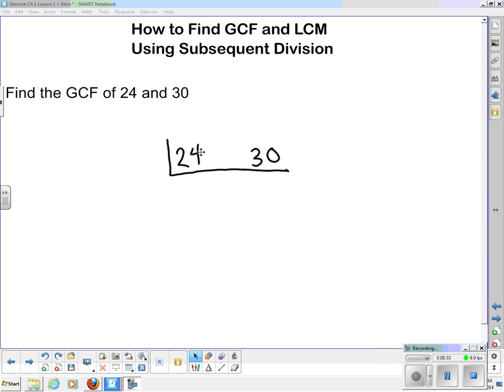Now you're going to divide 24 and 30 by the same exact factor. So 24 and 30 can both be divided by what number, guys? Okay, so we're going to divide by 6. 24 divided by 6 is? 30 divided by 6 is? Excellent. Can 4 and 5 be divided by any other factor but 1? So we're going to stop here. Your greatest common factor